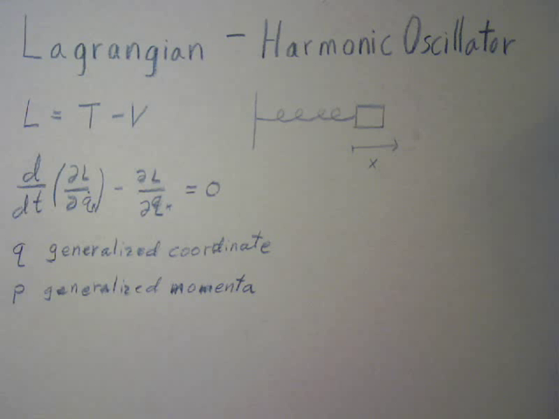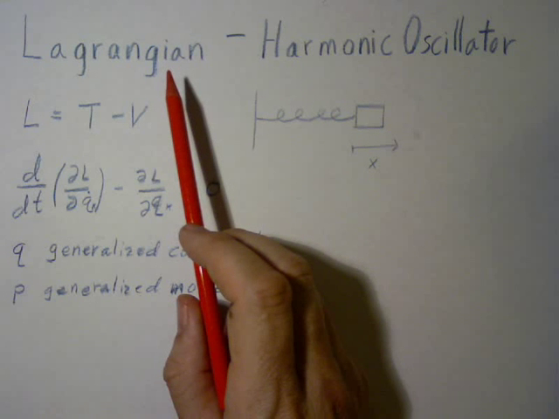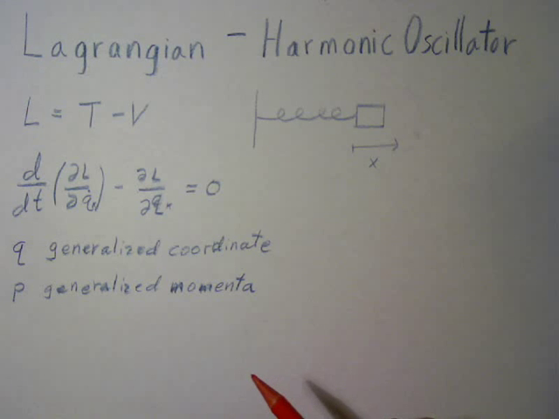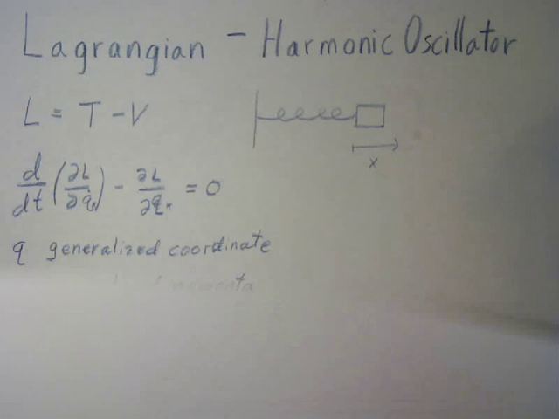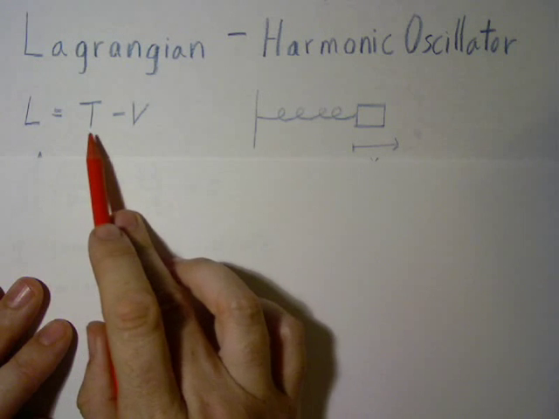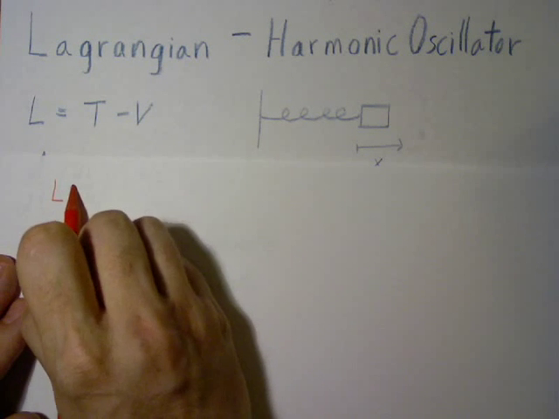In this problem, we're going to look at how to solve the equation of motion for a harmonic oscillator using the Lagrangian. In a moment, we'll do the same problem using the Hamiltonian. To start this problem, we first need to find what our Lagrangian is. T is our kinetic energy, V is our potential energy. So our Lagrangian becomes